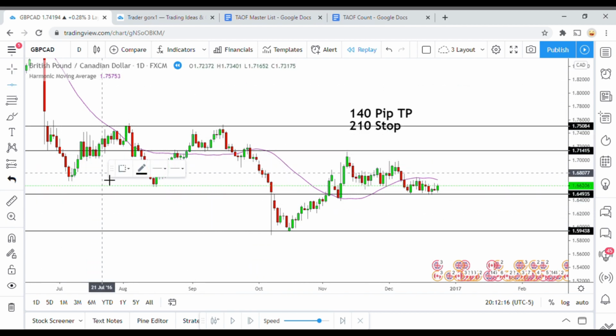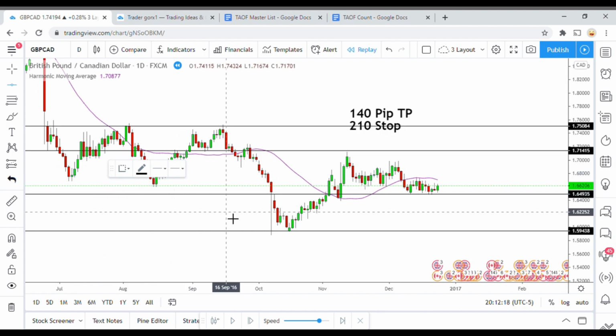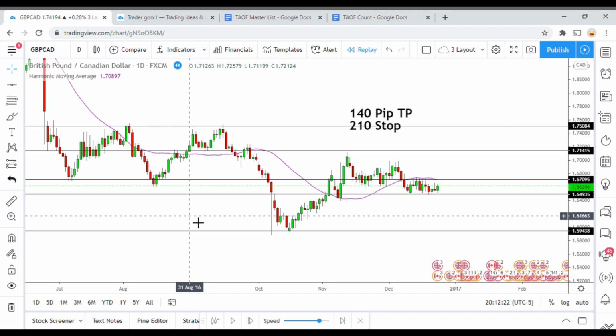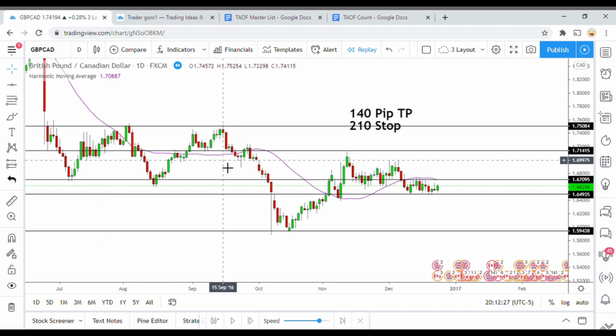So when you are marking off the support and resistance areas, sometimes you will find areas like this right here where